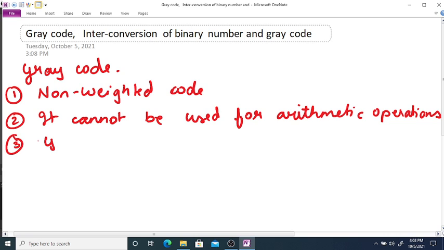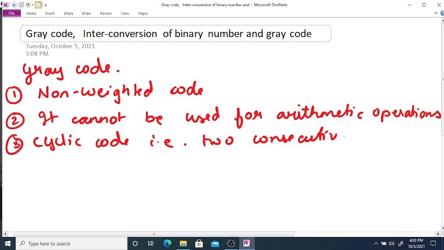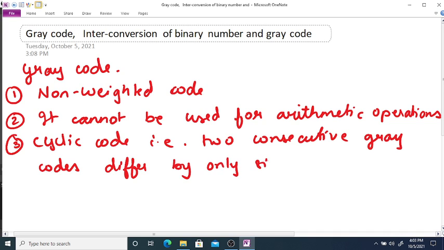It is also called as cyclic code, that is two consecutive gray codes differ by only single bit.